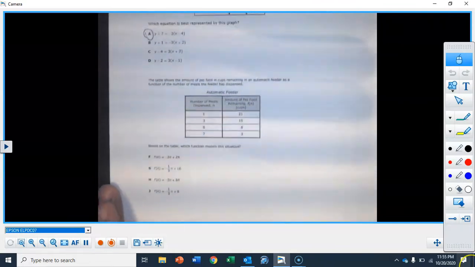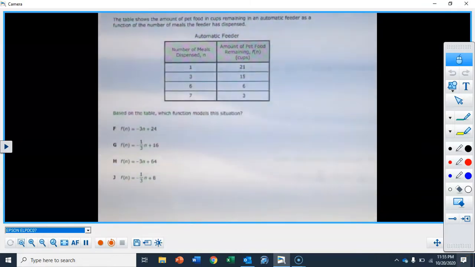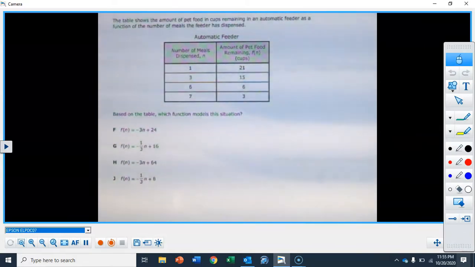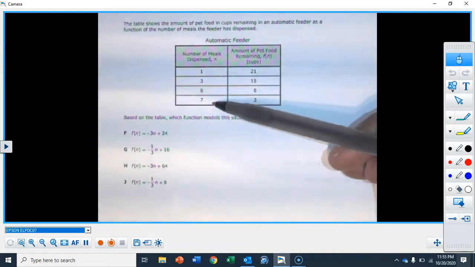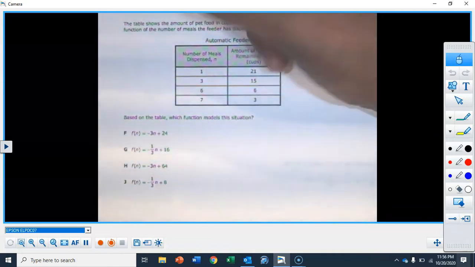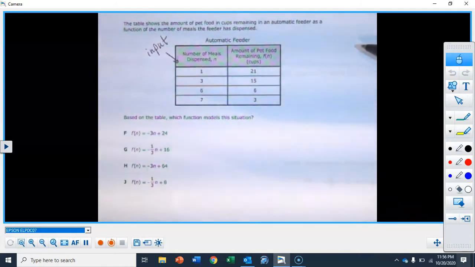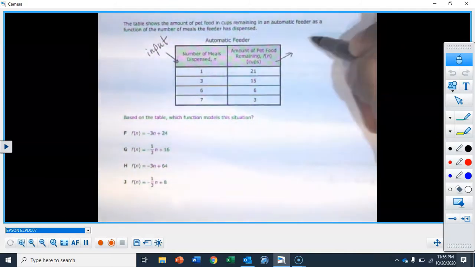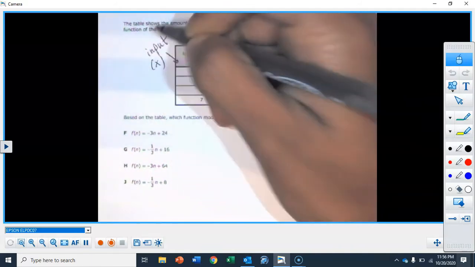Okay. This one is actually a problem that has to do with evaluating functions. There's no evaluating functions or function notation on the interim assessment on Friday, so you don't have to worry about this. But again, the way this works, I'm going to work it out really quick, is these particular values are in, which are your input. So these are the input that you plug into the different functions down at the bottom. And then over here, these are the output. So these are our y values, and these are our x values.